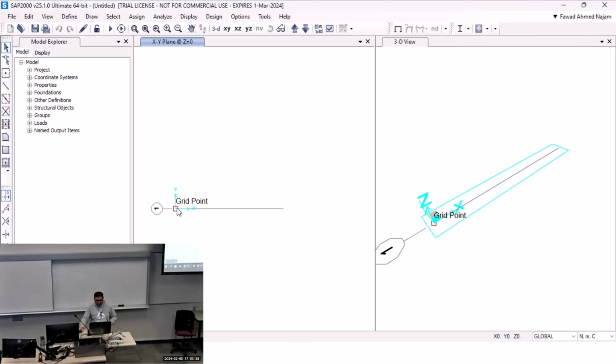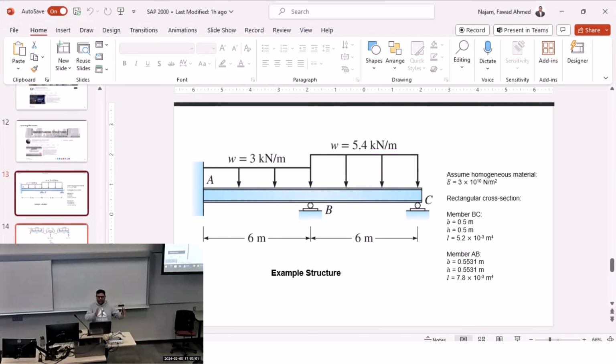Here 0 0, if you look at the bottom right, then in the middle it is 6 meters 0 0, and then finally 12 meters 0 0. So, if you look at the beam which I want to model, it has 2 spans of 6 meters each. Now, let us start the actual process, which means